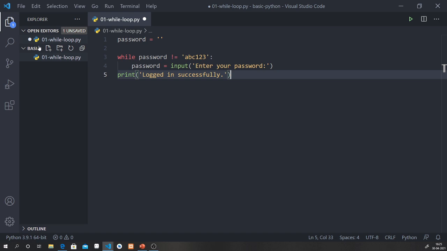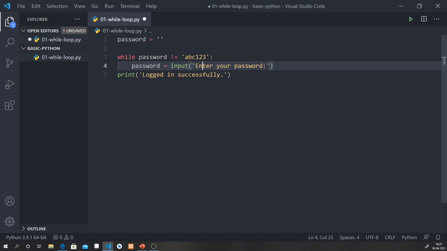What is actually happening is that this while loop is checking whether the password is not equal to abc123 or not. Here the password is blank, so it is not equal. So it will come inside the while loop, execute the block of code, that is the input statement, and take the user input.